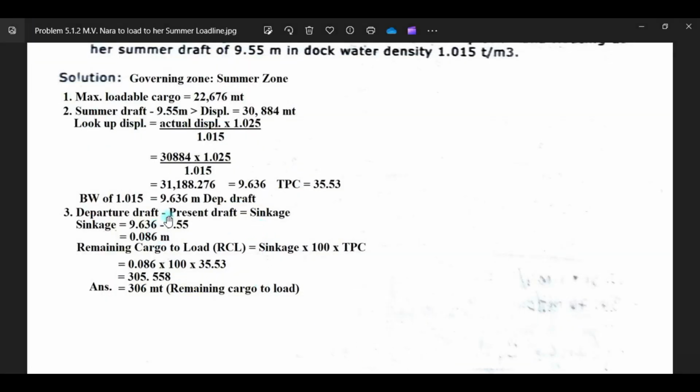So the corresponding draft is 9.636, and the displacement is 31188.276.